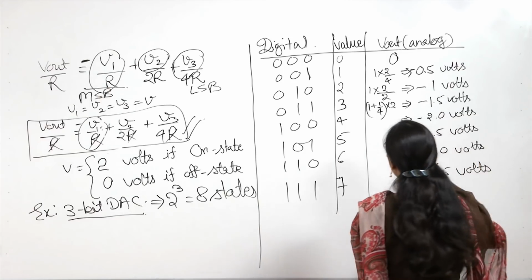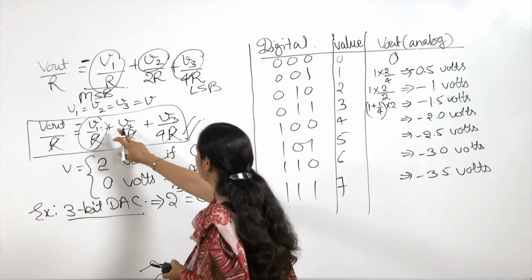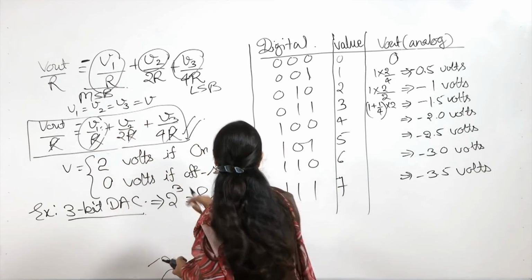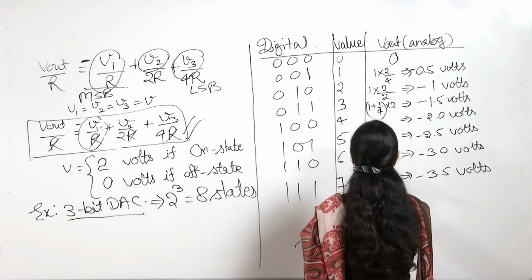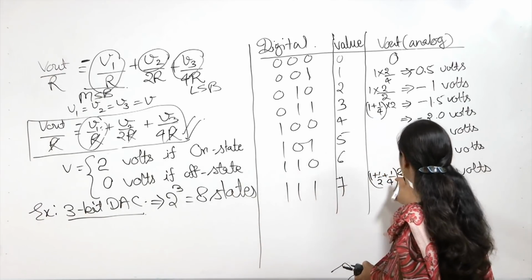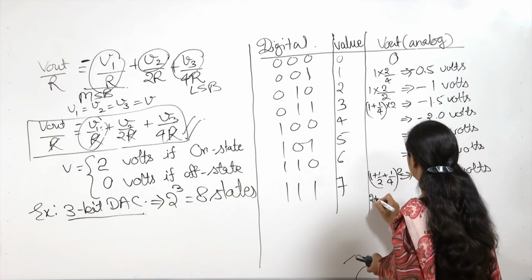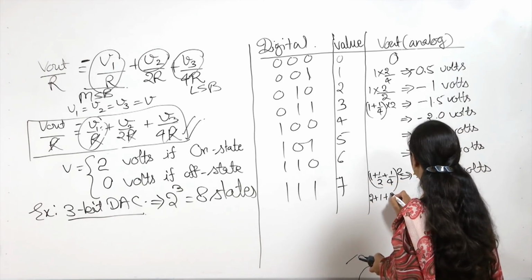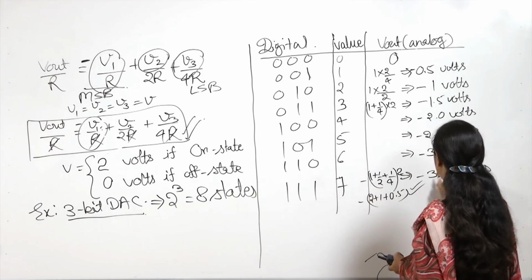So, we can check for any random data. Let us say the last example 1 1 1, it will be 1 plus 1 by 2 plus 1 by 4 into 2. So, let us do this calculation, 1 plus 1 by 2 plus 1 by 4 and all into 2. So, are we correct here? So, let us check it here. It will be 2 plus 1 plus 0.5 with a negative sign. So, it is correct here,